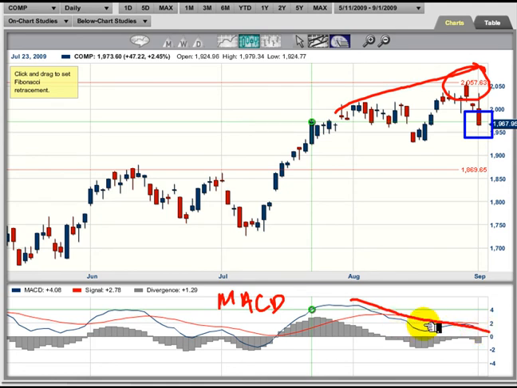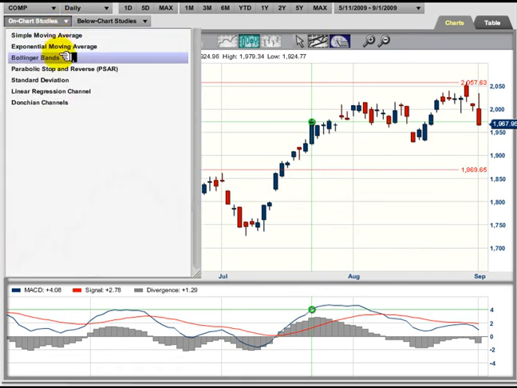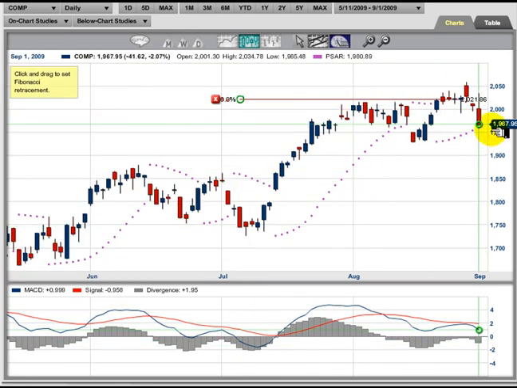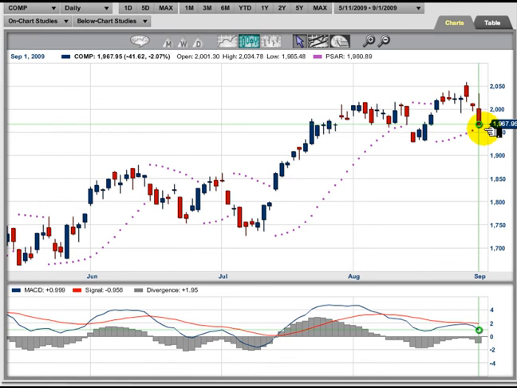I'm going to put one more indicator on the chart. Let's take this off for the moment, and I'm going to go up to our on-chart studies, and I'm going to choose the parabolic stop and reverse. And as you can see, we're very, very close. The parabolic is shown this way. I'll show you very quickly. So I'll take this off the screen, move the cursor over here, and you can see at the top, where the purple is, 1960.89. Really a very close level.